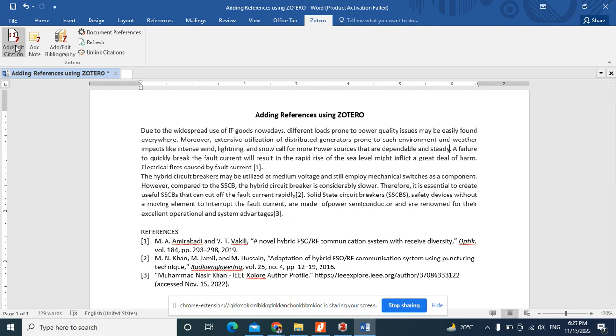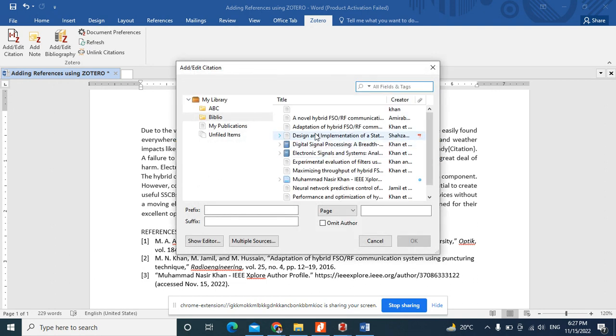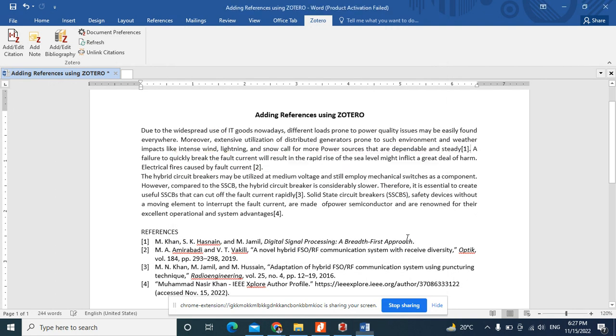Like here, if I want to add one reference, just go to the Zotero classic view, and again you can select any reference here, so you can select that book here. Okay, and then you can see that before this was number one, now this was number two, and this was number three, this was number four. And if you want to add a number four reference here, you can just